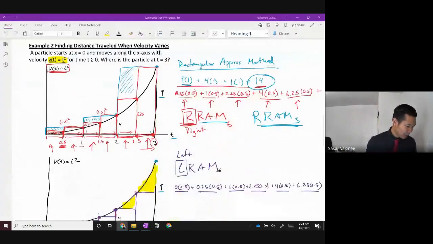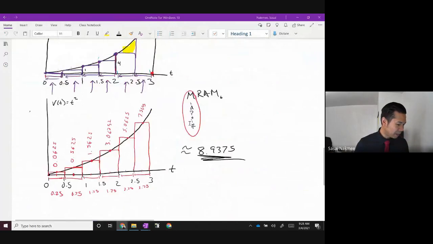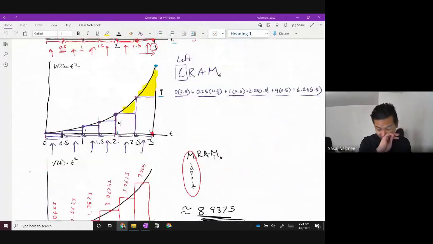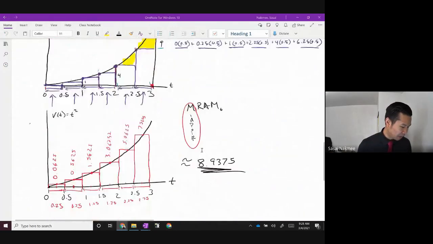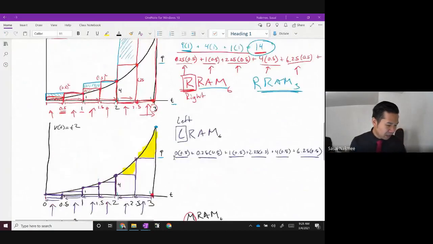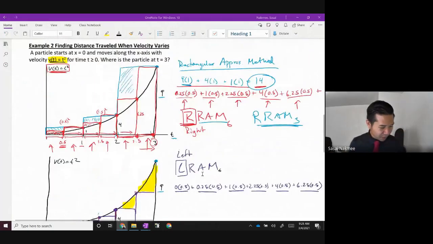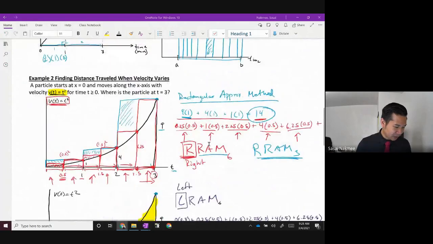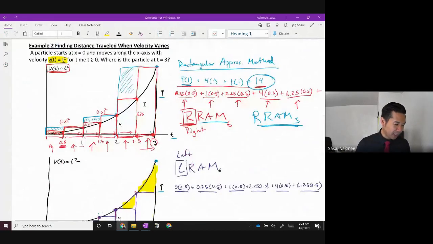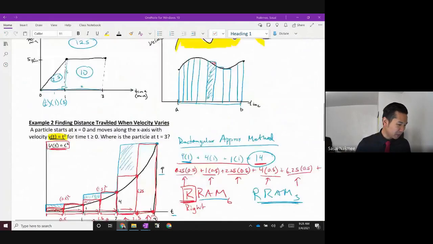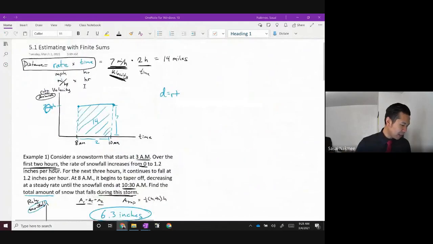All right. That being said, let's continue where we left off last time, where we were doing RRAM, LRAM, and MRAM. MRAM stands for the midpoint, and we kind of rushed through this right here. This is kind of an interesting idea. We calculate the area underneath this curve, which, by the way, why do we calculate the area underneath the curve? It helps us find particular values.